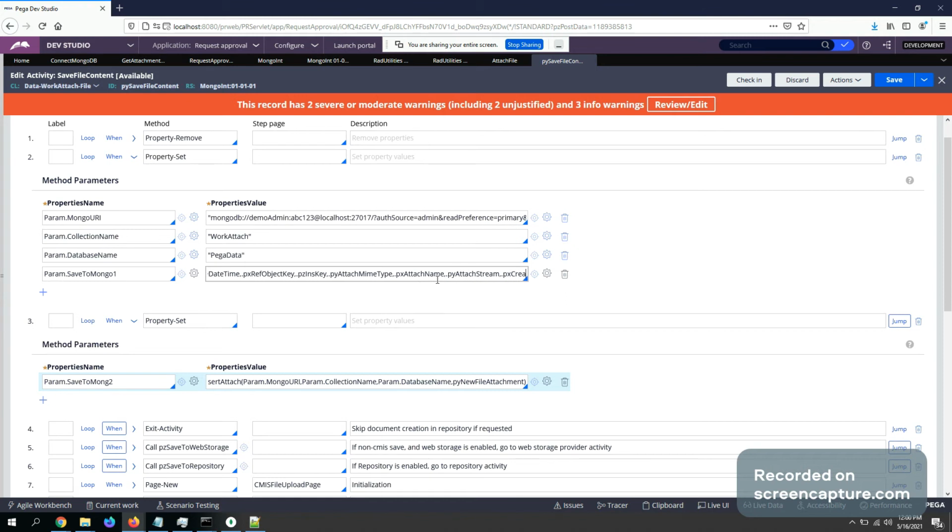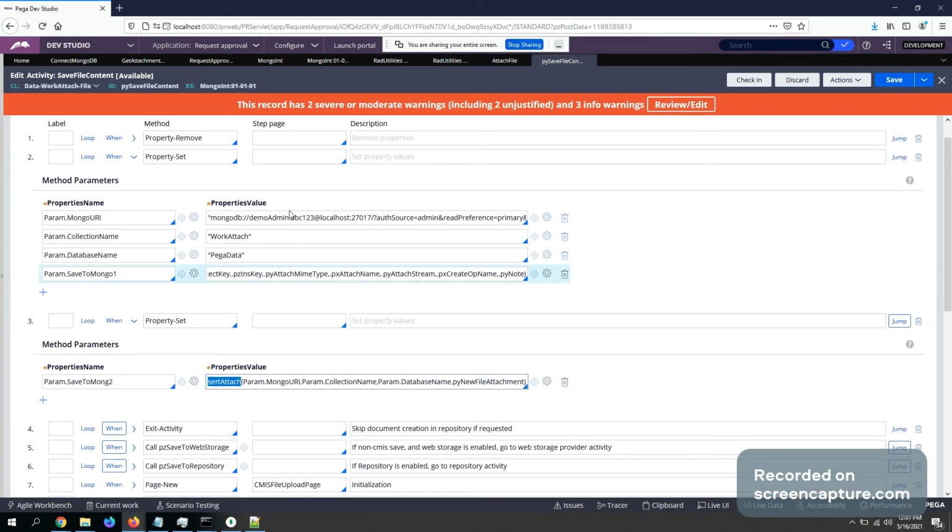You can mimic the same function I showed to accept all the properties as parameters, and you can write a rule utility function, some lines of code, to take these parameters, set them to a page, and use that page to insert into the MongoDB collection, which is pretty much the same as the function which I showed you.